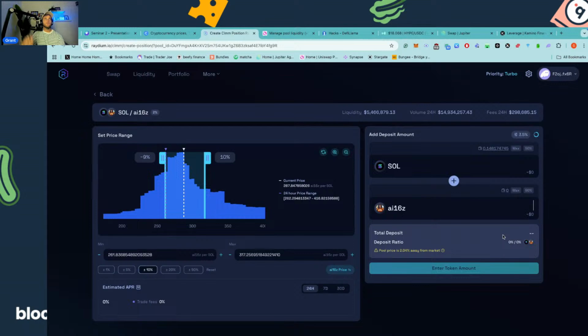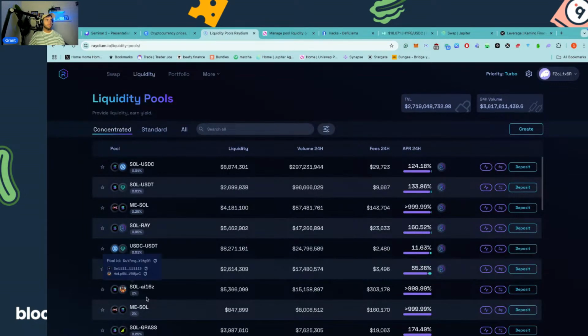Let's say you got drawn in because there's a 2000% APR, which is paying, what's that, 300? It's paying nearly 5% a day. That's right, isn't it? Yeah, 6% a day, nearly. So there's $5.3 million worth of liquidity, $303,000 in fees. Very, very juicy